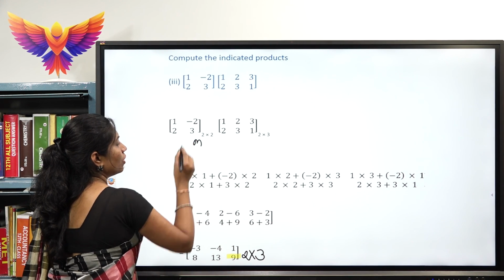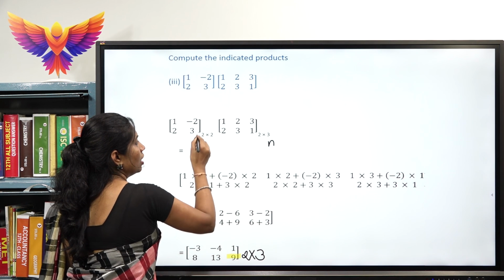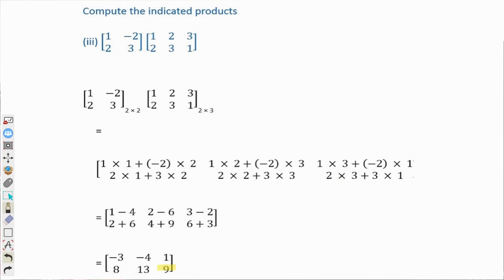Here, m whatever we have and n whatever we have, it is a 2 cross 3 matrix. That is how we will cross check whether the multiplication has been done properly or not, once you get the m cross n elements whatever we have written here. Based on this again, we have a few more problems which are left out in the same exercise. We will continue with the same problems in the next class.